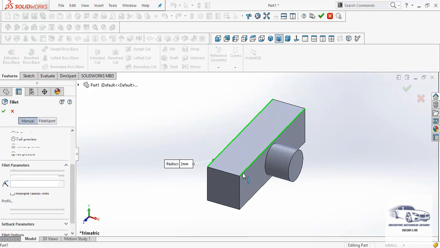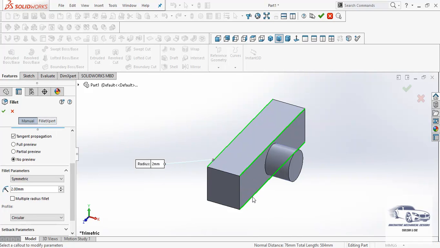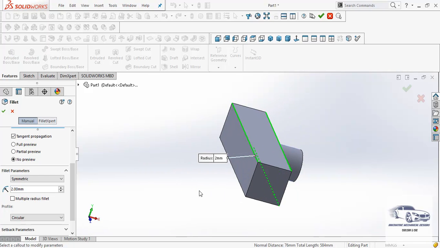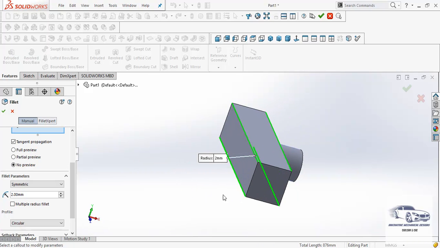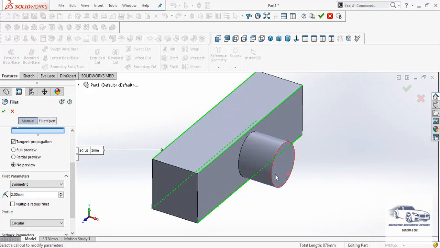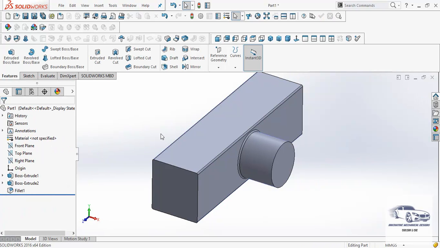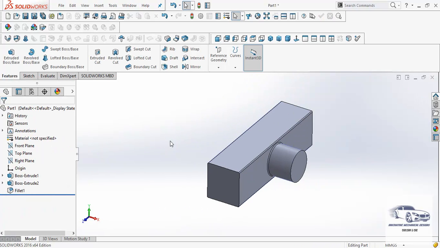So we can select pair of edges one by one. It's quite easy in SolidWorks. No need to use any control selection or any other special key for selecting the edges in one cycle, and then OK. So here we have got the fillets.